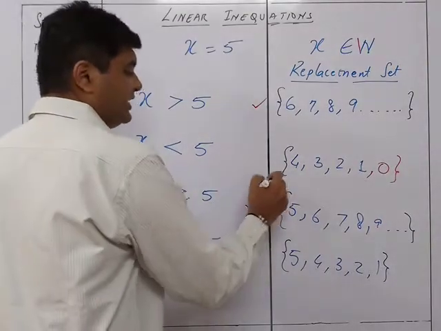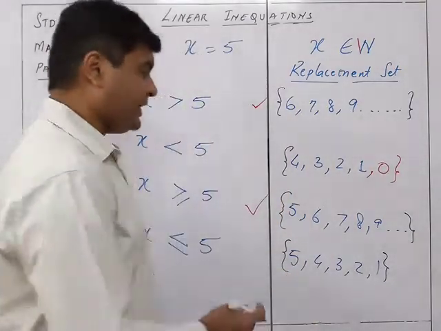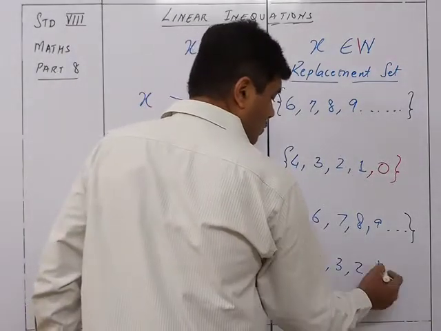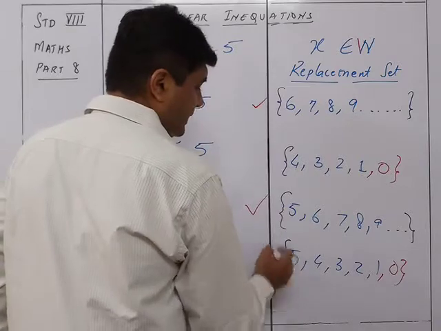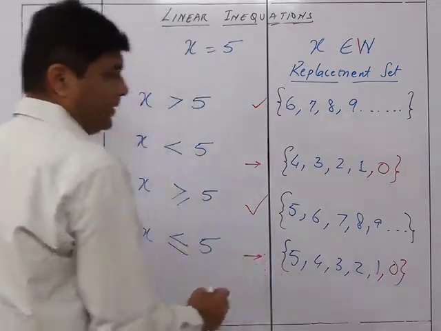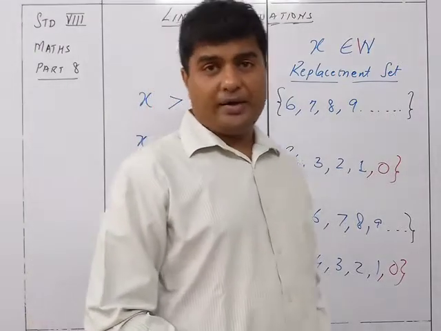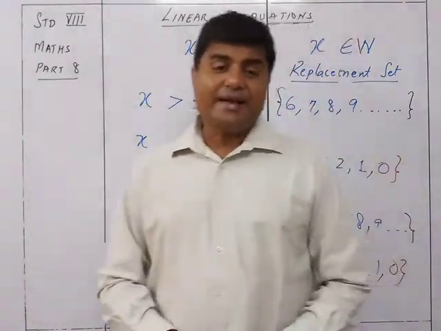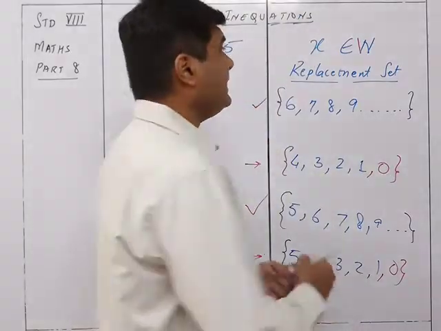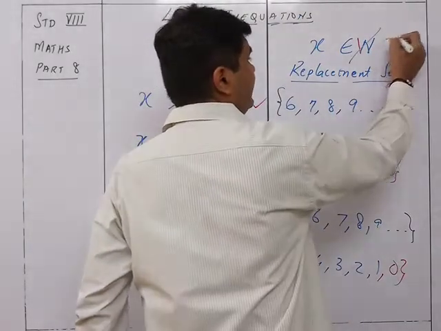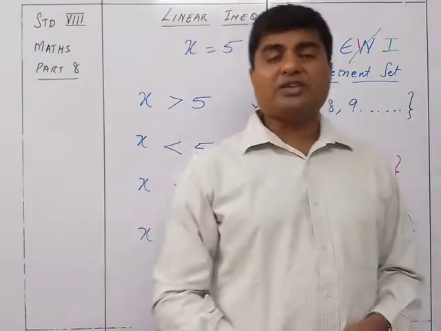Here again the same, no change because it's after 5. But here again it will be changing to comma 0. So that will be the change which is going to be there in this one and this one, because it's not a natural number but it's a whole number. The next condition could be if this is not a natural number or whole number but it is an integer. So what is the difference between a whole number, natural number, integer?